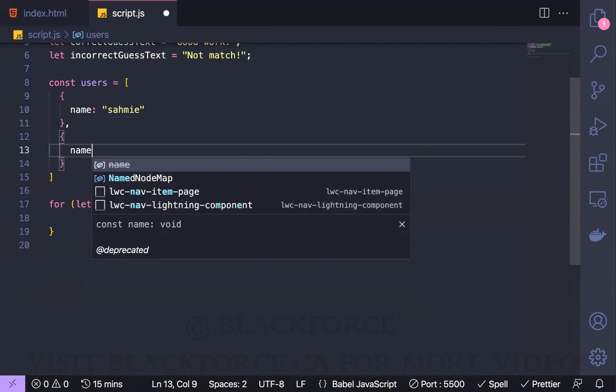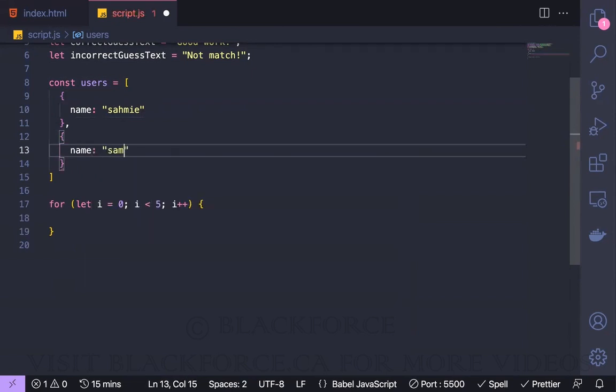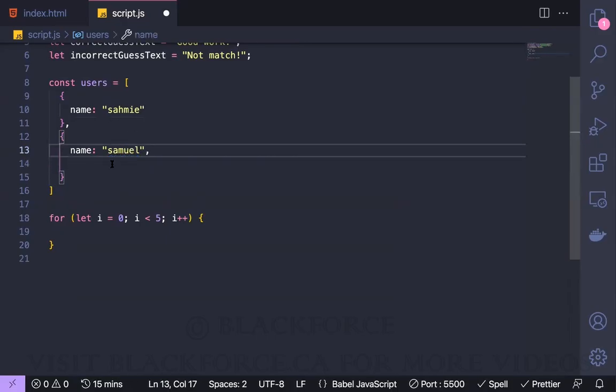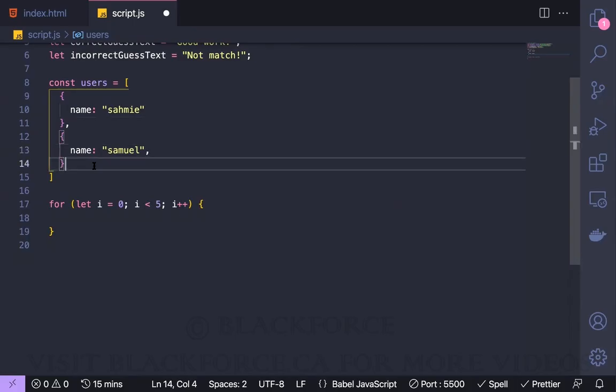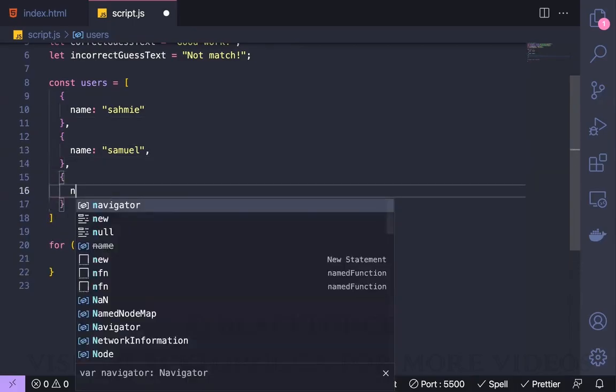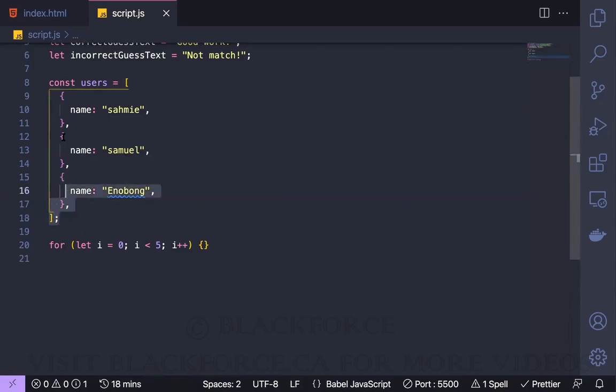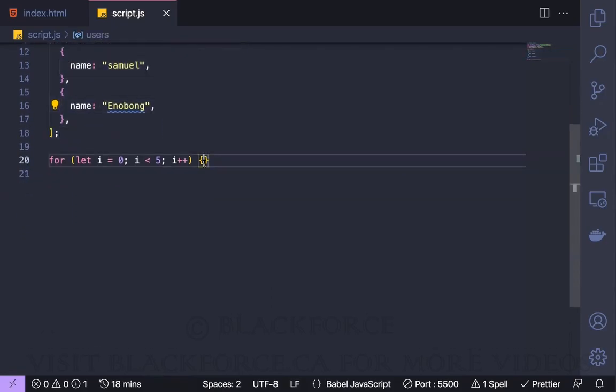Another user with name Samuel. Let me spell Samuel correctly, sorry. Then the last user with name, right? So if I save this,